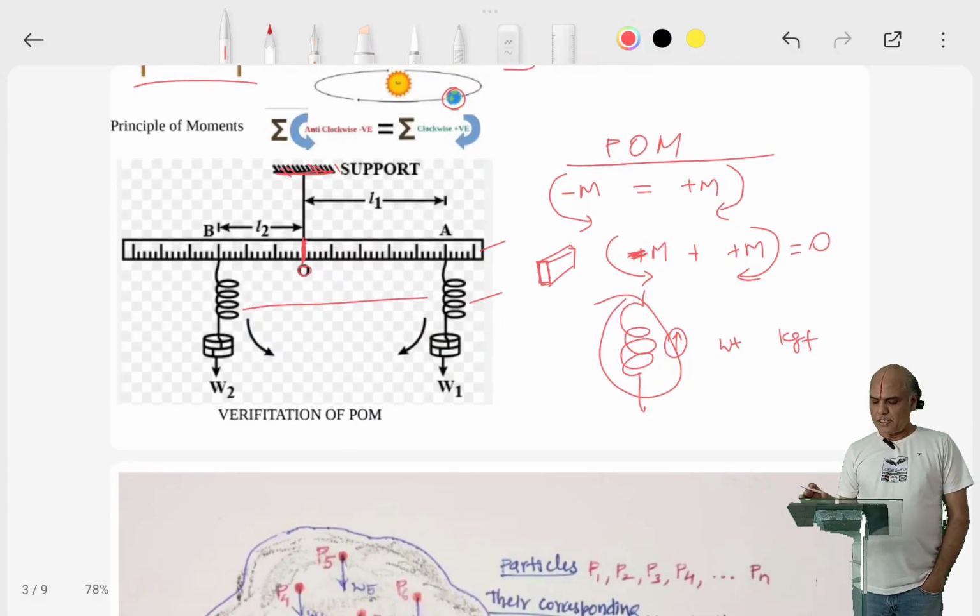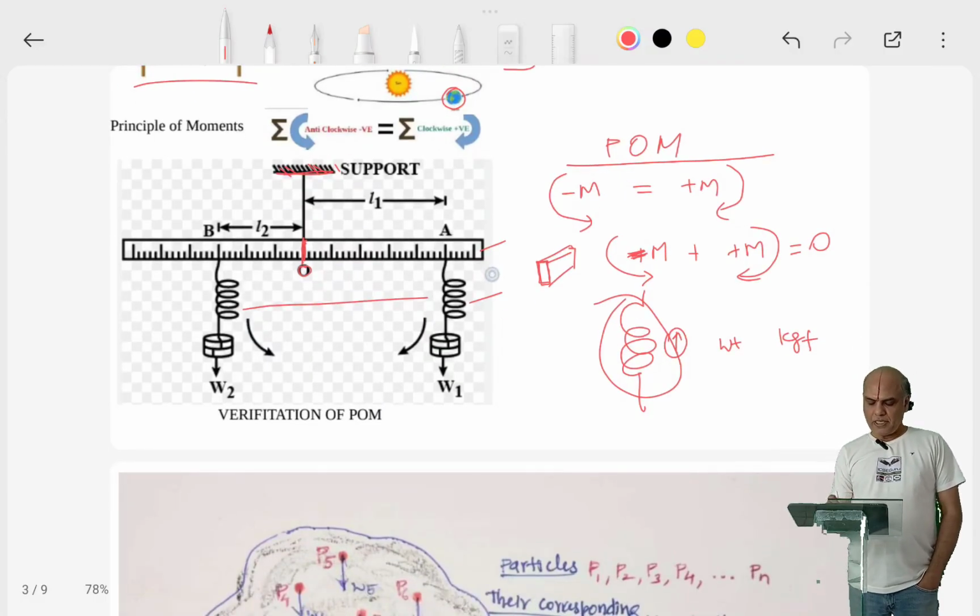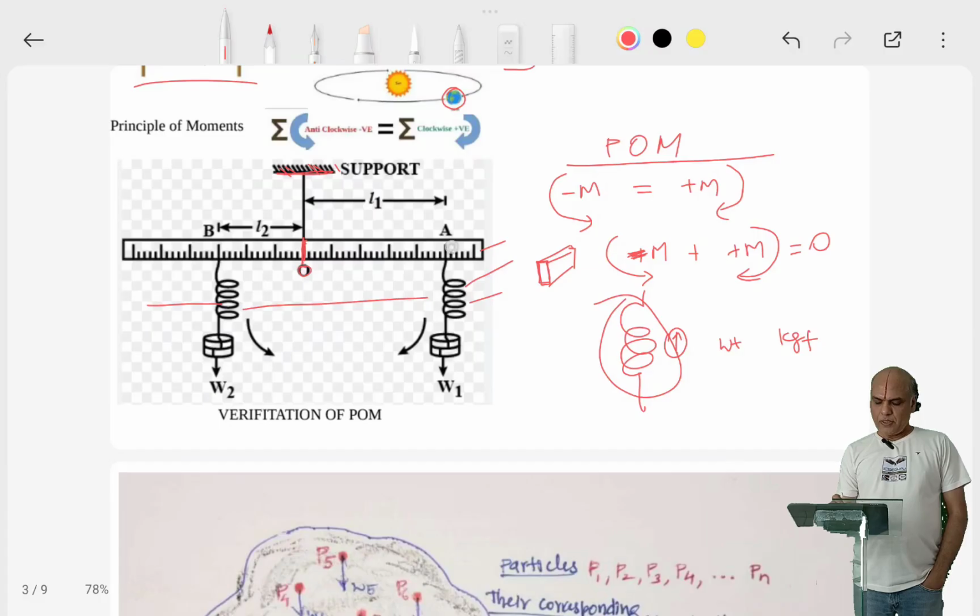So we are interested in measuring weight in this experiment. That is the reason why we are taking two spring balances. Hang one spring balance to one side of the meter scale, and these are the slot weights. Slot weights are disc weights, something like this, with a slot in between. So you can slip this weight on here